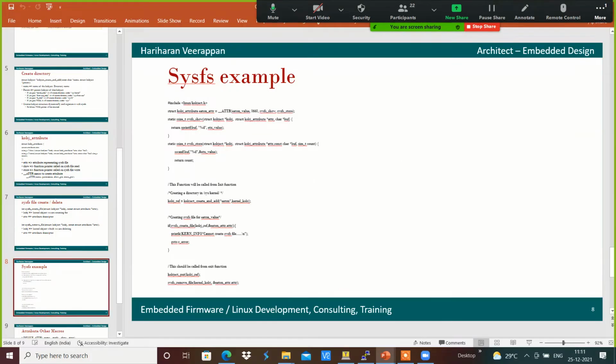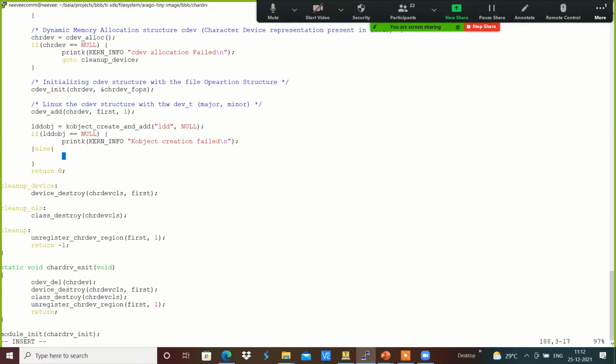For example, we have created a kobject. We will be creating a sysfs file over here accordingly. In order to do that, we will be using a function called sysfs_create_file, that we will be using over here.